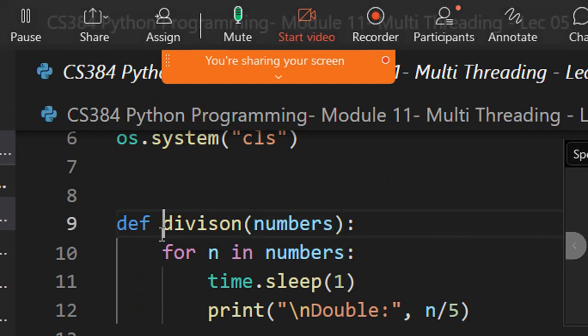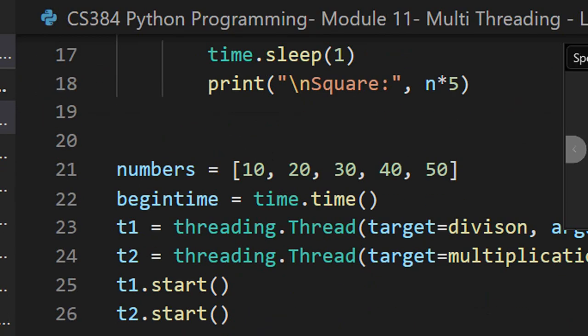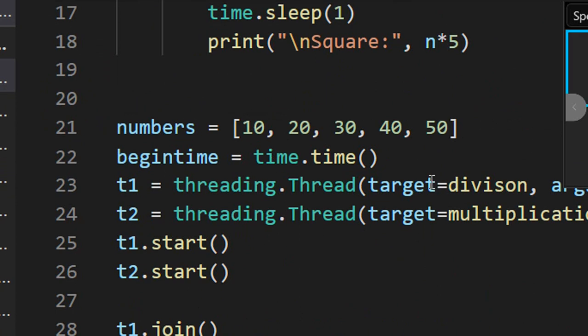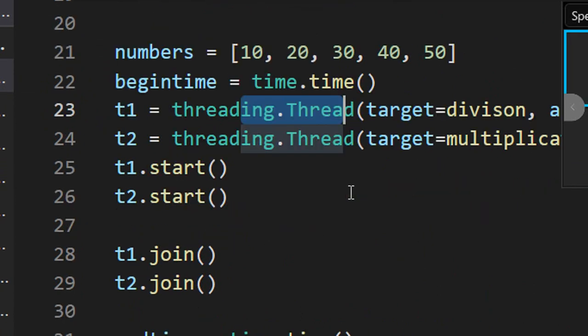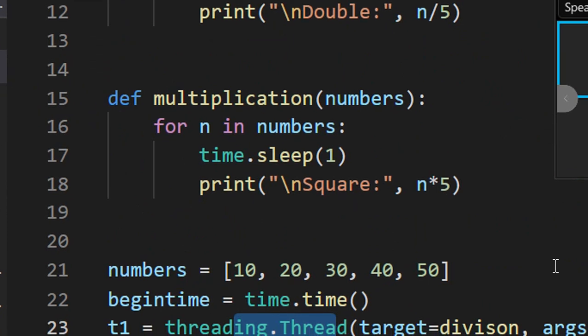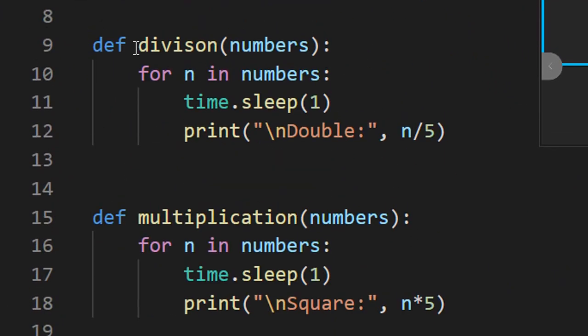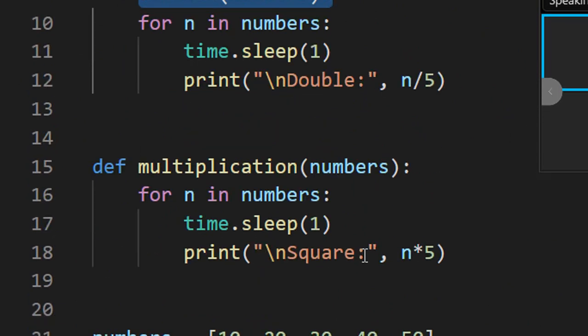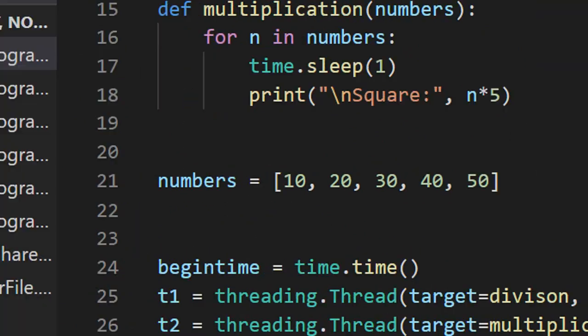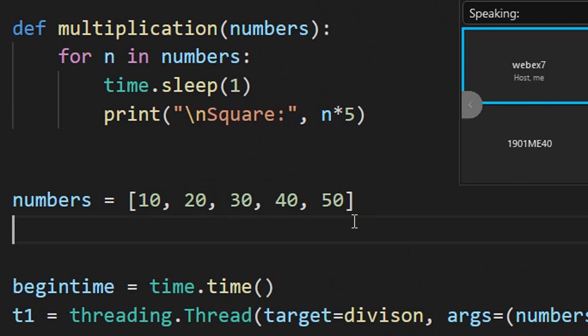So these are normal functions that we call, and in the main you can actually see that I'm calling these two functions using a thread, right? So if you just want, let us do one thing. We will actually call these two functions. Okay, first let us see the threading part of it. So how does actually thread help?